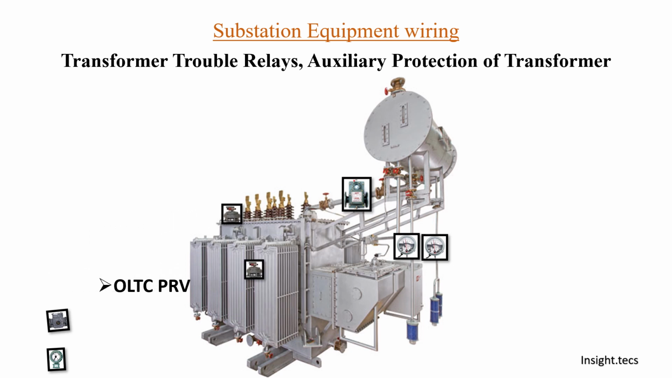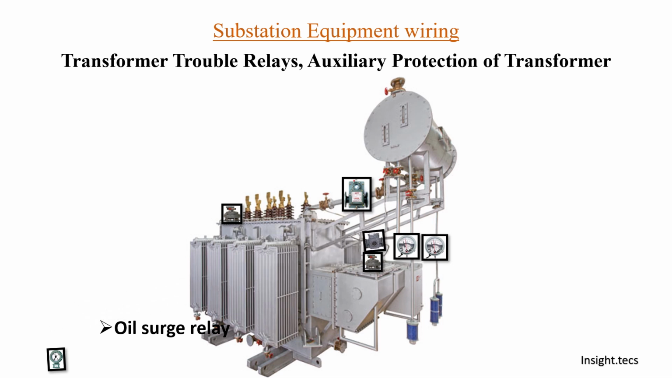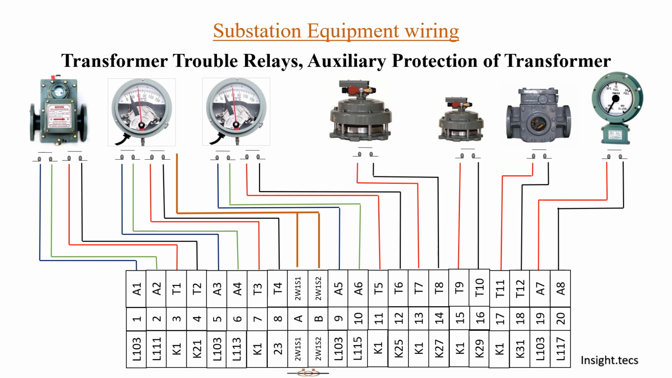So here are listed all such trouble relays and auxiliary protection relays such as Buchholz relays, OTI, WTI, pressure relief valve for the main tank, and also for OLTC, right? So these are all the auxiliary protection relays. In the previous video we have also covered the wiring, as you can see on the screen here. In the description I will link the previous video also,